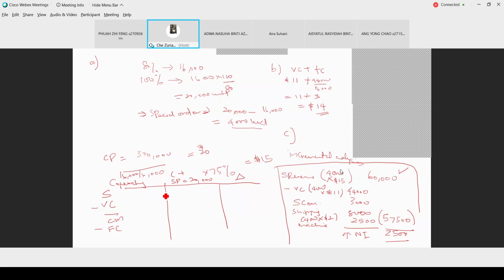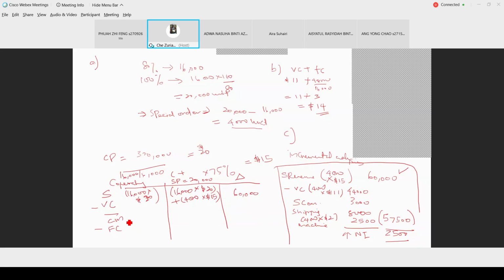So bila you buat setiap satu ni, of course lah, yang membezakan kalau sales ini 16 times 20 kan, because the current sales price. Here, like what we did in our lecture, this one times 20 kan, okay. You times with the 20 and then you plus the extra one tu lah, 4,000 times 15. Okay, so the difference you dapat 60 juga, sama lah.